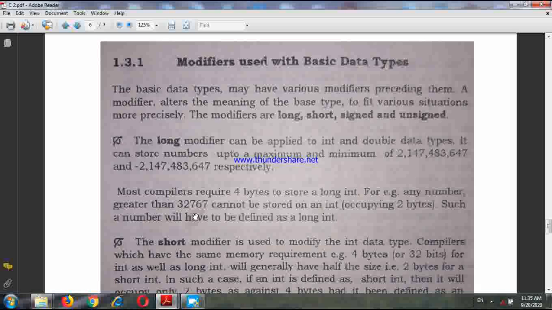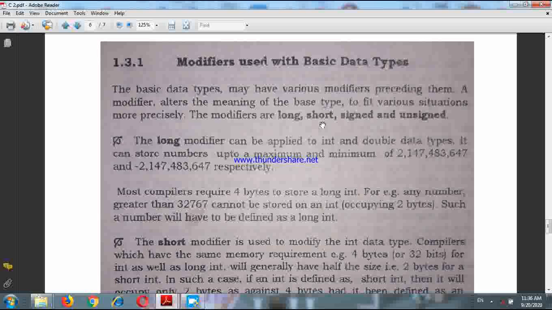Fine. And if we need to store a smaller number, say a 2-digit integer, then we think there is no need to occupy the larger space. So at that time we can use the short modifier. I can write short int. In this way I have signed and unsigned. Signed means if I need to store a value with sign, positive or negative, then I use signed or unsigned. It's written here, just go through this.